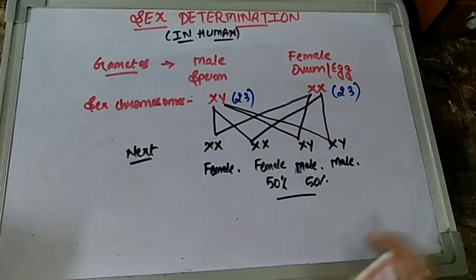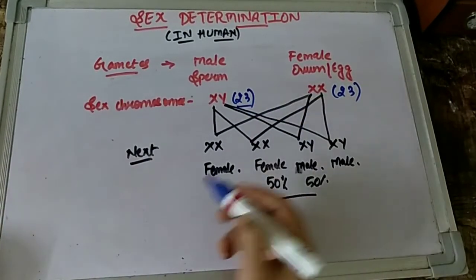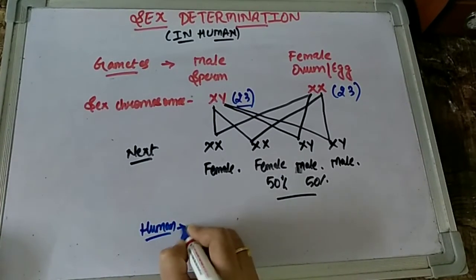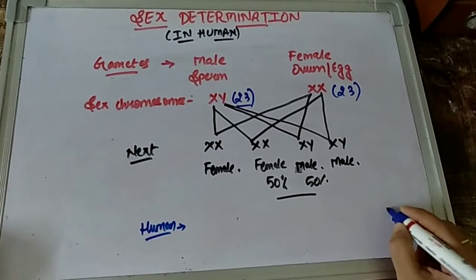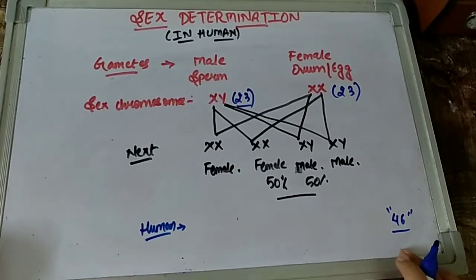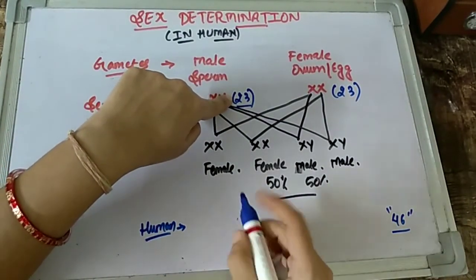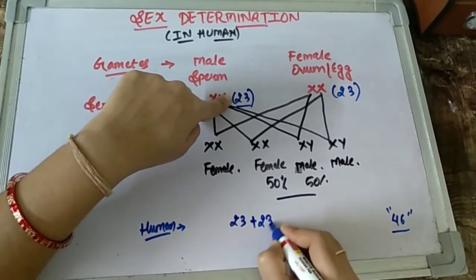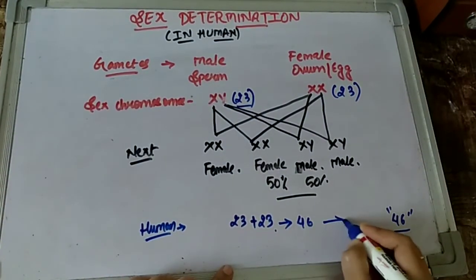Now let us see what is this 23 that I was talking about. Children, as I have already said, for a progeny to be born as a human, even for a human newborn baby, or when the zygote of the baby forms, the baby should have 46 chromosomes, right? And for these 46 chromosomes in the baby, how much is the sperm contributing? It is contributing 23. How much is the female's X contributing? It is also contributing 23. And what is the combination of 23 and 23?